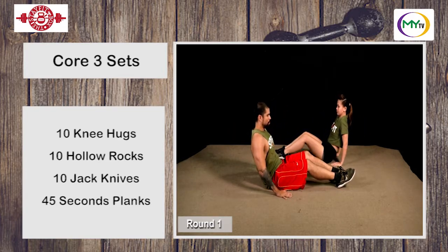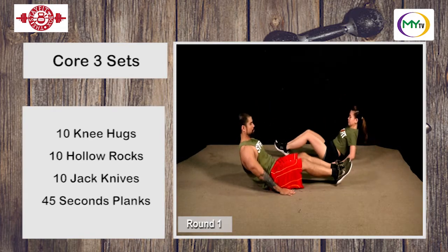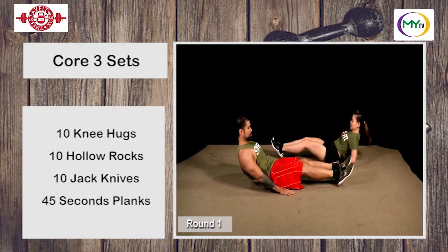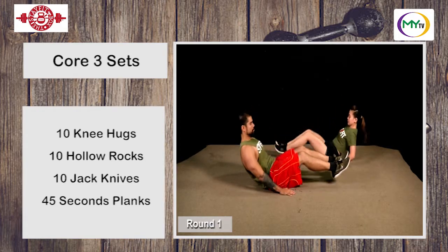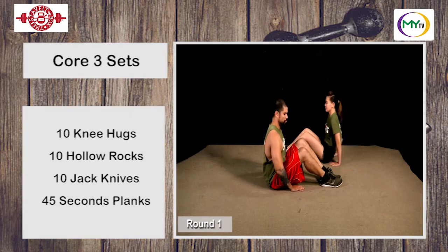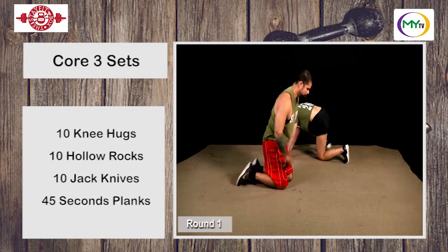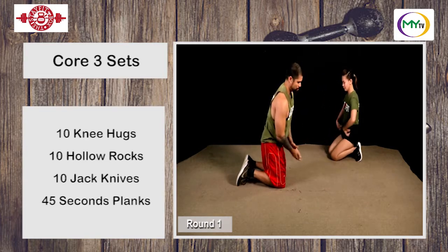With the next movement, jackknives. Another great core workout to hit your overall core muscles. 10 repetitions. Squeeze your core and extend. Then rest 5 to 10 seconds before we go to the last movement of the core cycle, which is going to be the basic core workout,